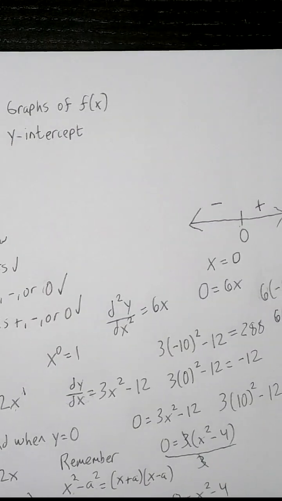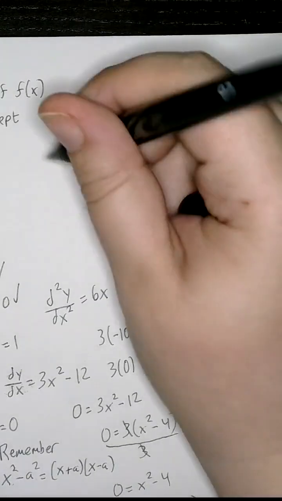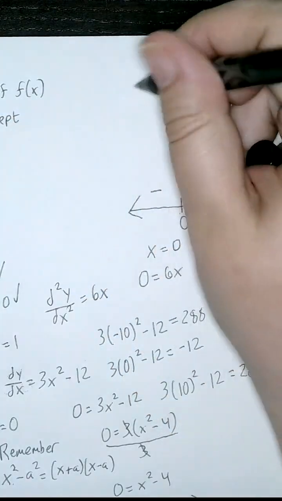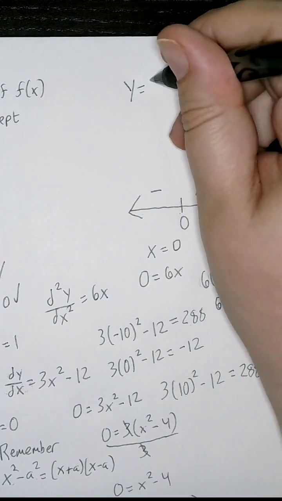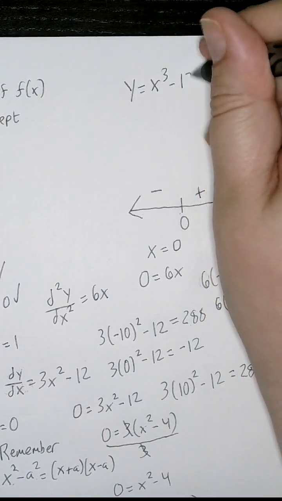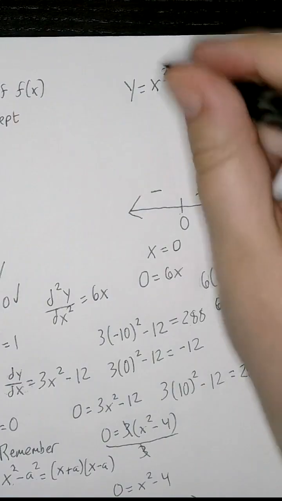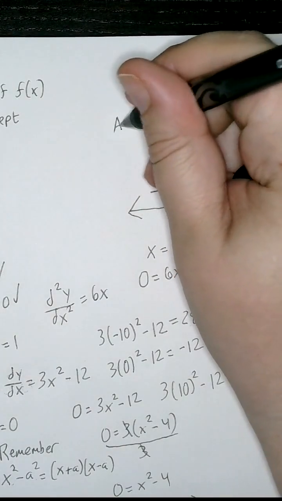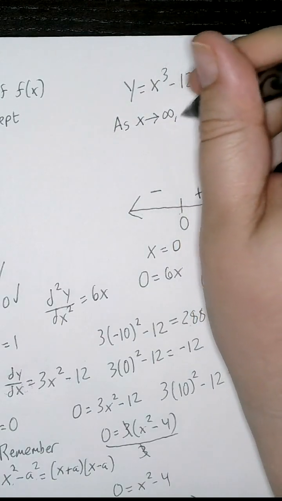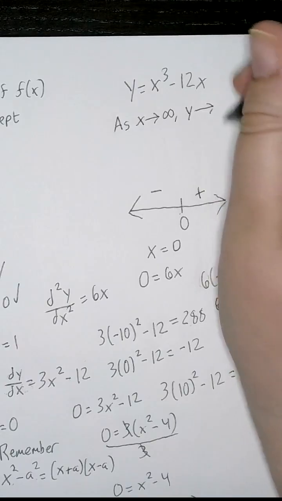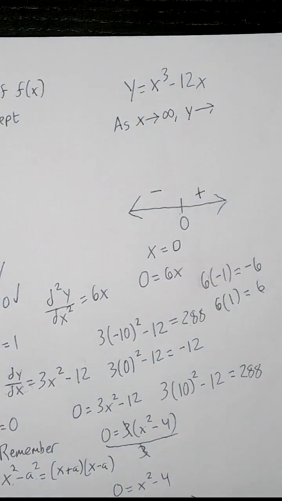So my function again, I'll write it up here, x cubed minus 12x. So as x approaches infinity, what is y going to do? Well, y is going to